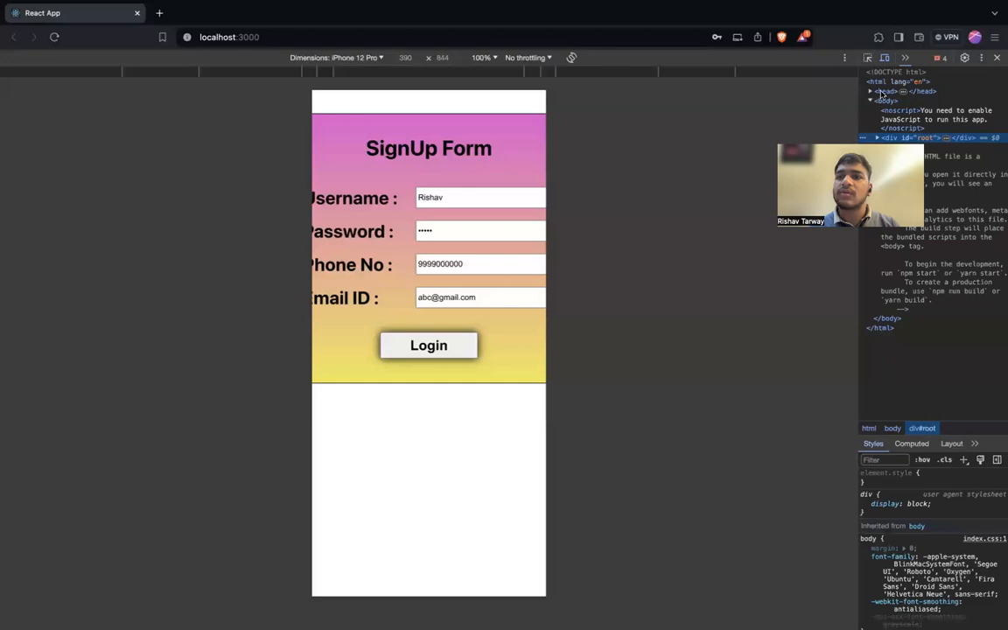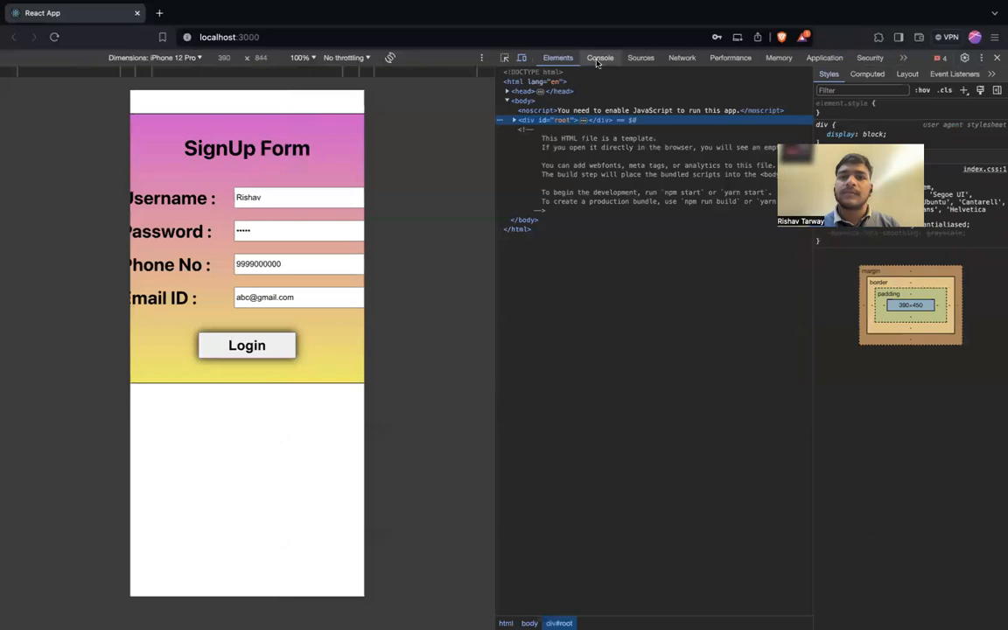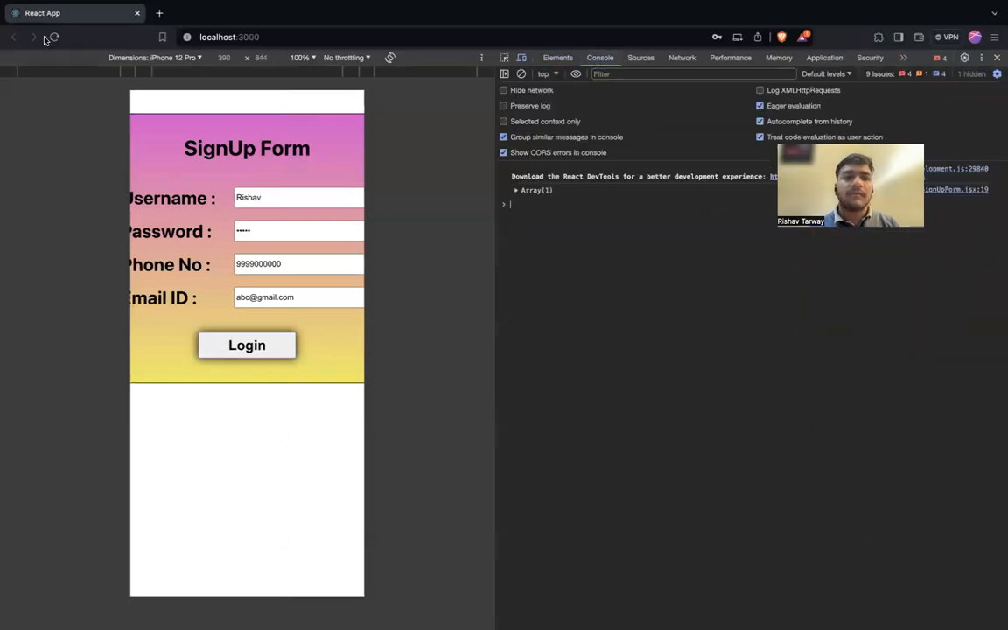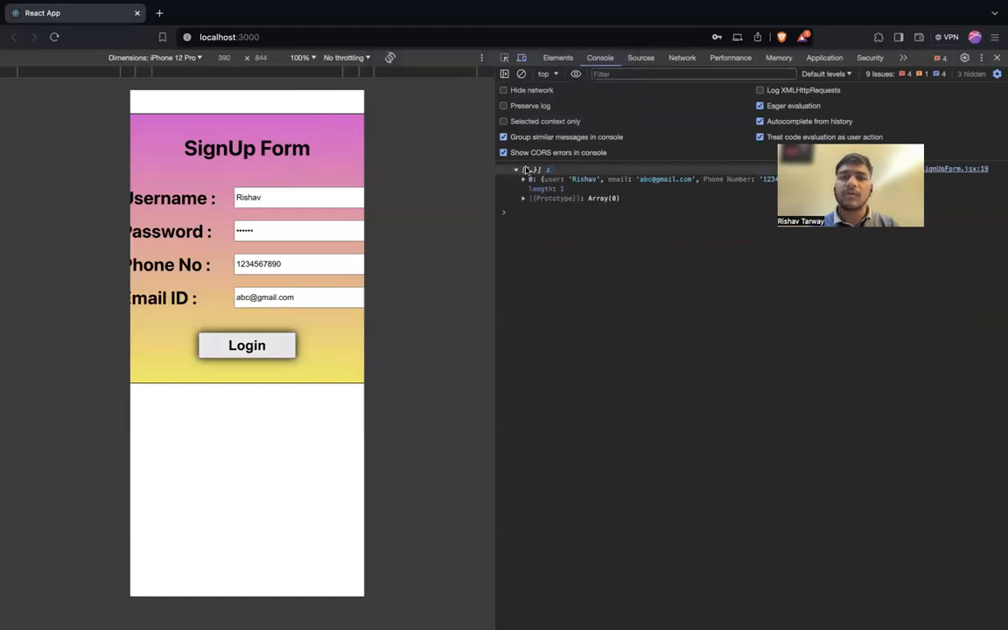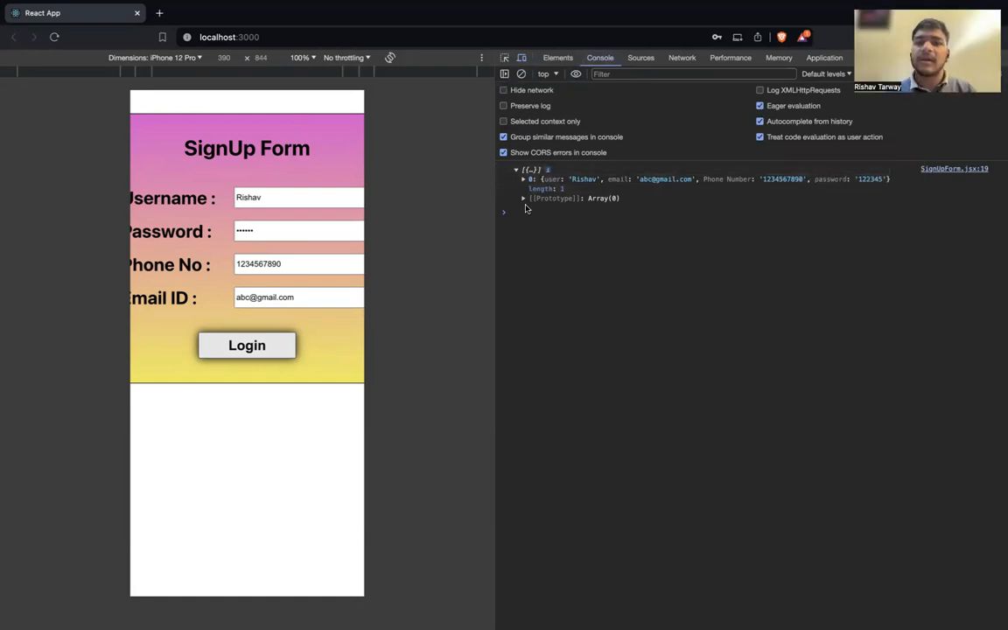Now talking about the console. Here you can see, when I refresh the page and enter the details again, let's say I have entered something random, the welcome message is again shown to you. Inside the inspect option, in the console bar, you can see that an array has been created and it is storing the values of all the labels that we have created with the values which we have provided